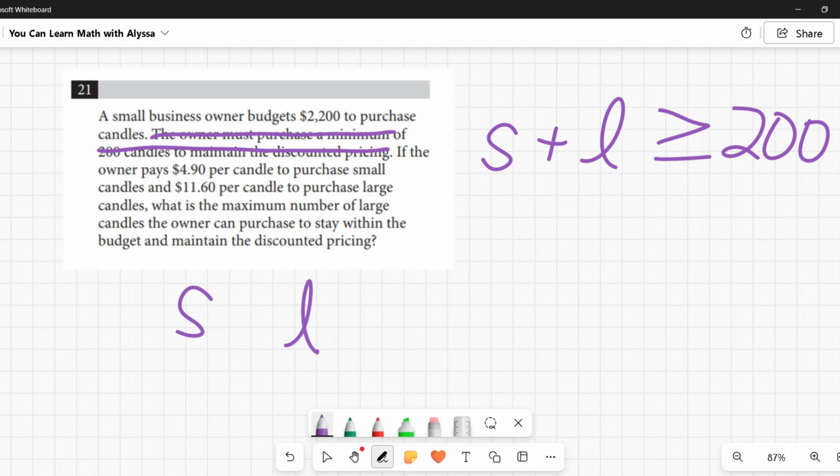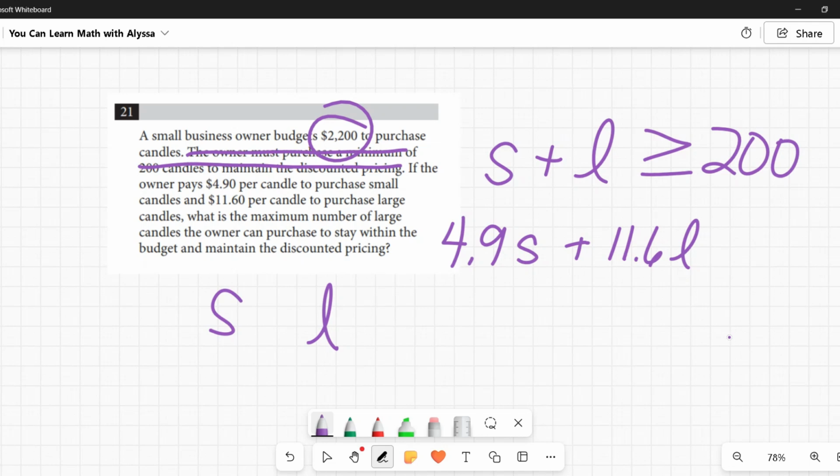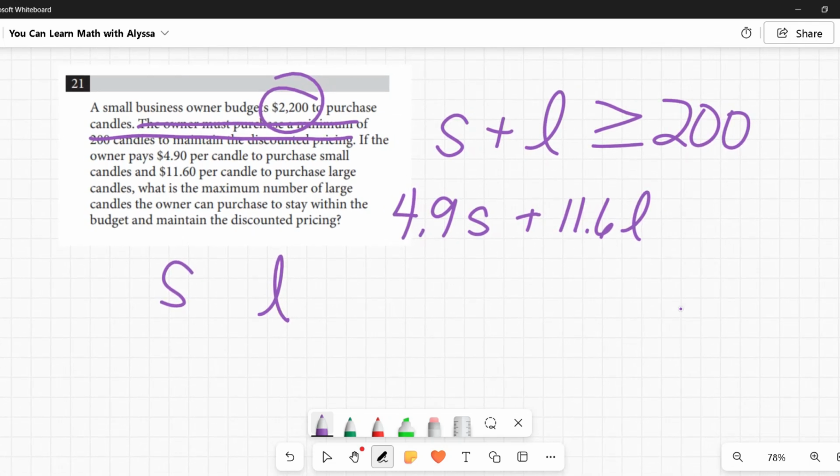If the owner pays $4.90 per candle to purchase the small candles and $11.60 to purchase the large, what's the maximum number? Okay, so my next equation is going to incorporate those things. It's $4.90, or 4.9, I don't need that zero, for every small candle. And then he's going to spend $11.60, 11.6, don't need that last zero, times the large ones. That's how much he's spending. And when he adds that together, he has a budget of $2,200. So he can't go over that. That's what a budget means, right? So it has to be less than or equal to, he could spend the whole amount,